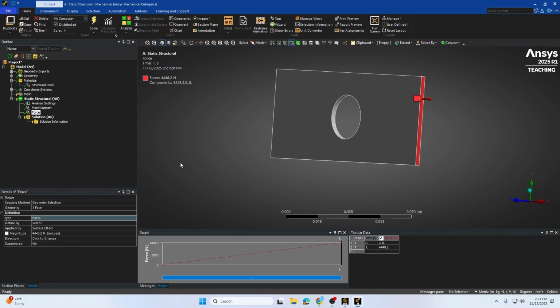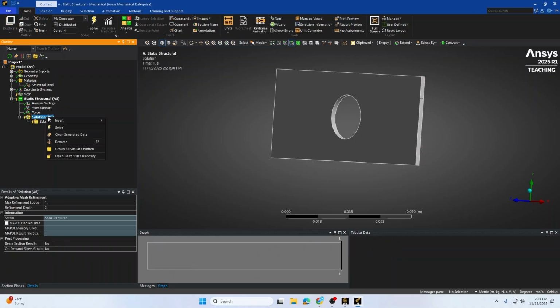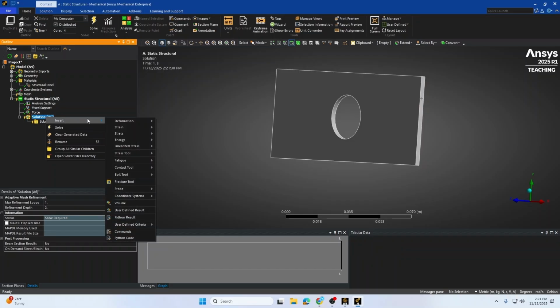Now, before we can solve, the last thing we need to do is define the output that we're looking for. To do this, we right-click on Solution and then hover over Insert. A new list of options is going to show up. We're going to be interested in the deformation, and that just measures how much each individual point moves in this object. Now, we have options here, so we can either do total deformation or we can do directional deformation. If you do directional, you also have to specify which direction you're interested in,